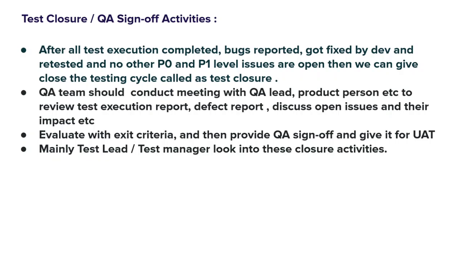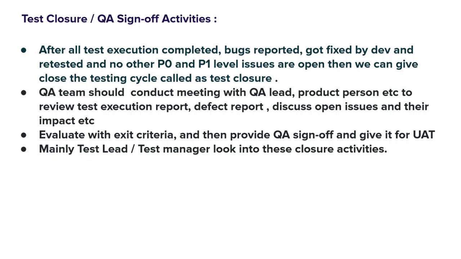So let's take an example. If there is a new feature for which hundreds of test cases are written, after execution of 100 of those test cases, the tester has found, let's say, 25 issues. Now out of those 25 issues, there should not be any P0 and P1 level issues open, because P0 and P1 mean they are very critical to the business. So if there are P0 and P1 issues, all those issues should be fixed. Without fixing those issues, it should not be considered test completion and we should not give QA sign